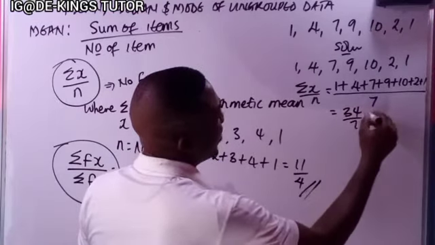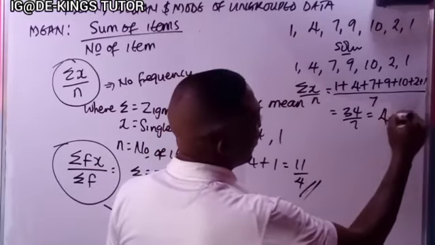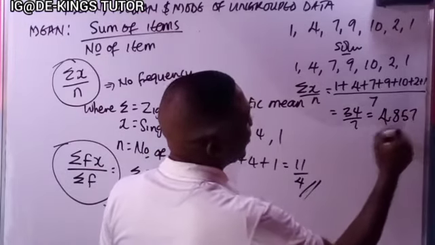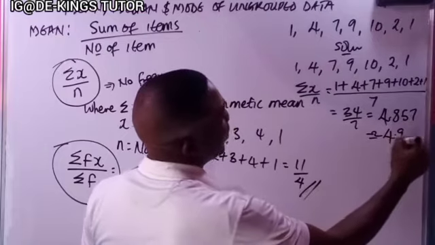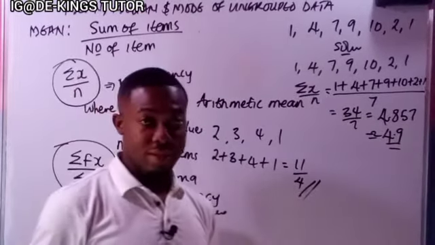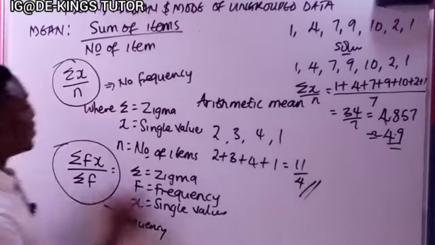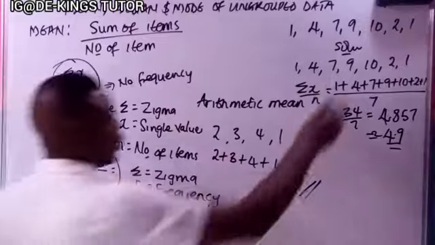So 34 divided by 7 will give us 4.857, which is approximately 4.9. So 4.9 becomes our arithmetic mean. Okay, so that is the mean of that. So that's how to get the mean. Okay, also